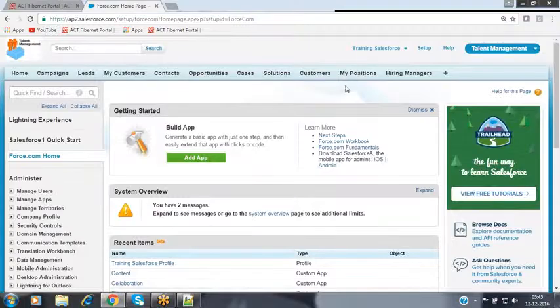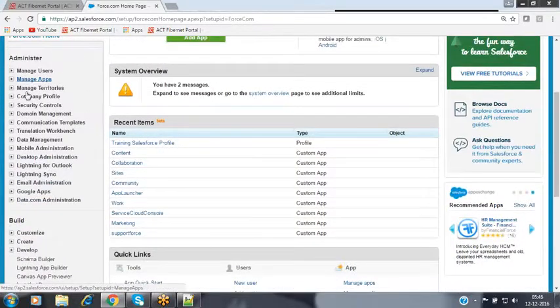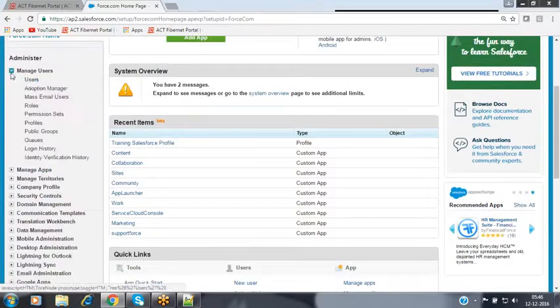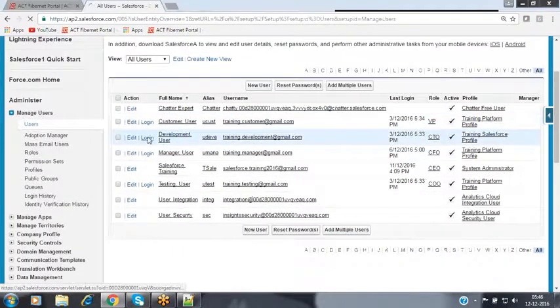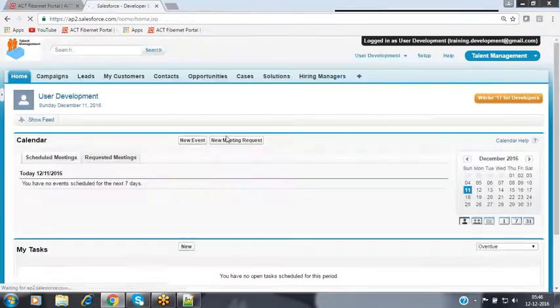For example, assume that I have a development user. Let's log in as the development user. First of all, what kind of access does he have right now on these objects? Go to users, and I'm logging into the development user.